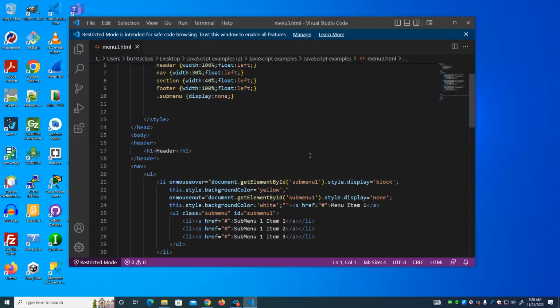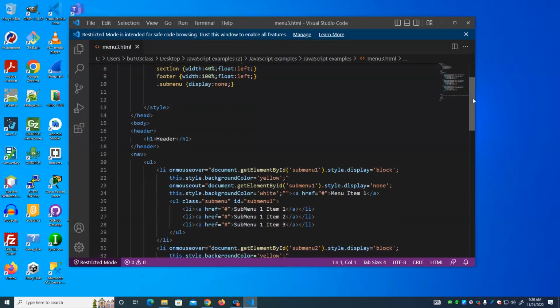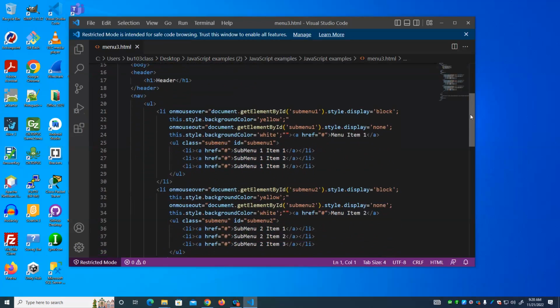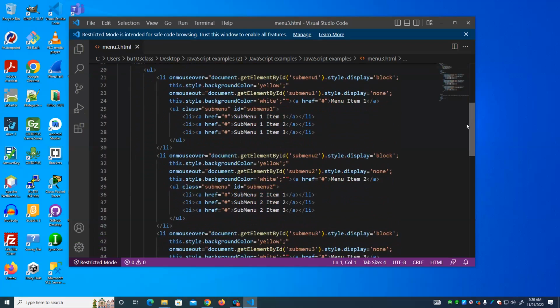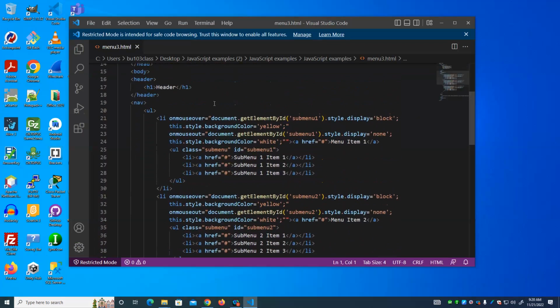This one we do not use a function in, which it probably would benefit from using a function. A couple things different about this. First of all, these menus are not based on the click, they're based on the mouse over. So when I put my mouse over, I'm going to be displaying that submenu. And I'm doing something else too. I'm changing the color of